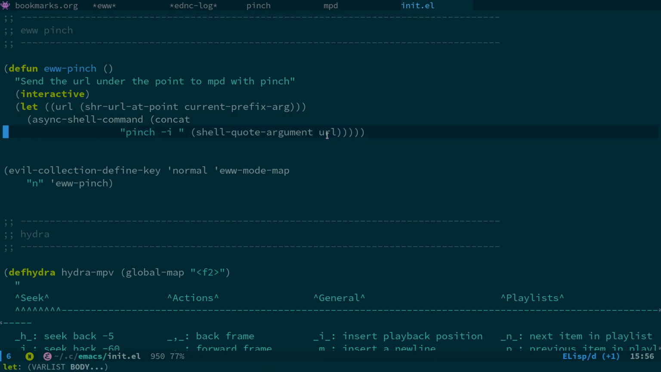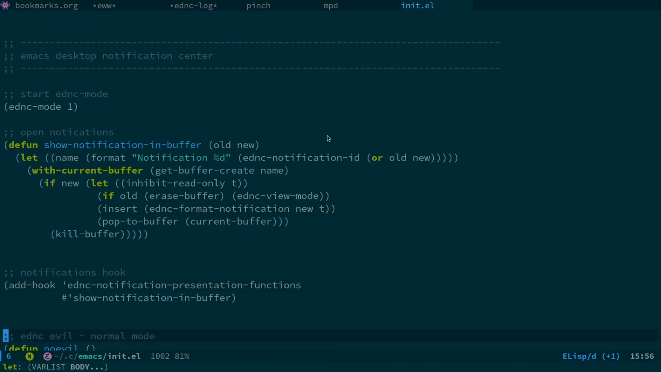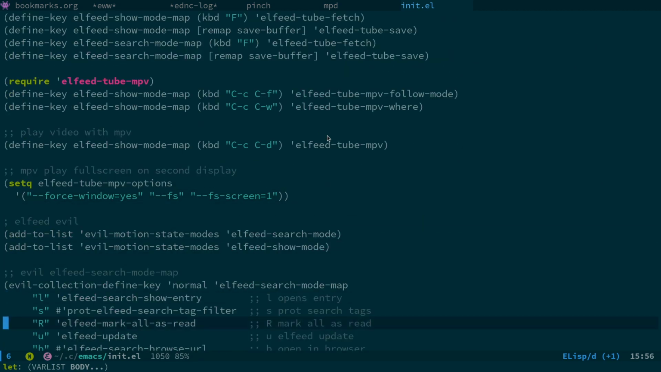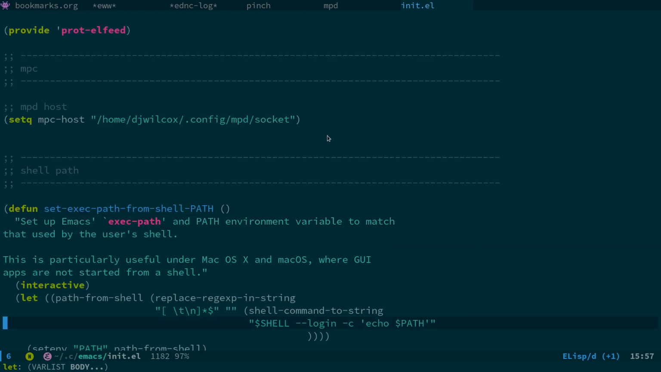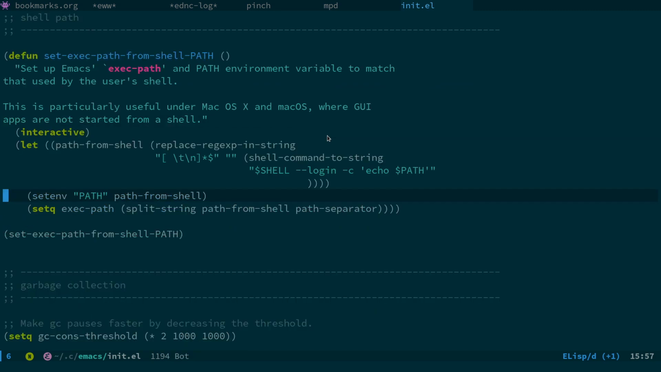And now the next thing that we actually want to do, if I come down here, it's right down the bottom. Okay, we've also got the MPC host set here in Emacs. Set ncmpc host. This is the section we need down here, shell path. And what this does is